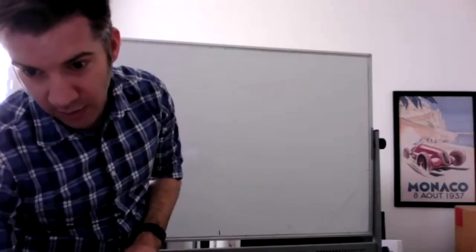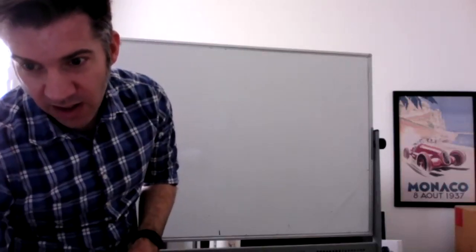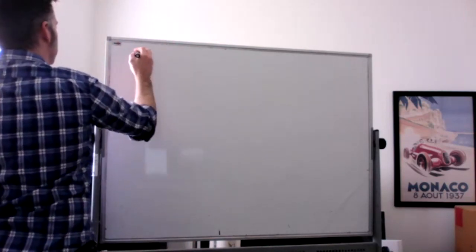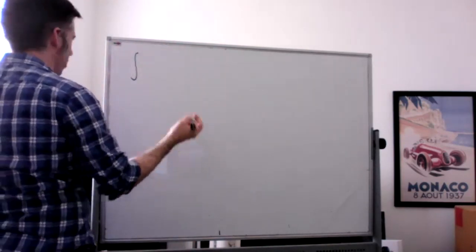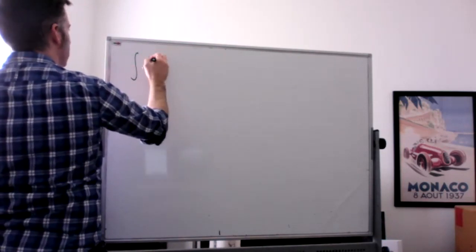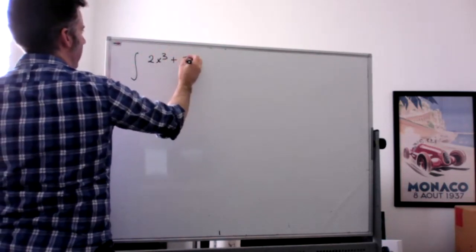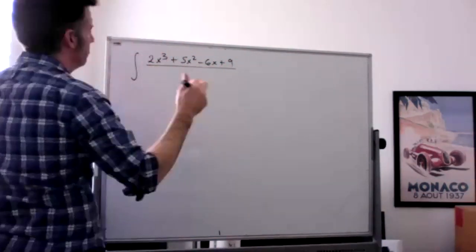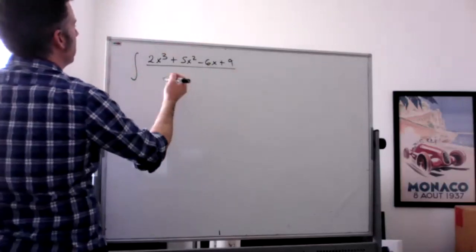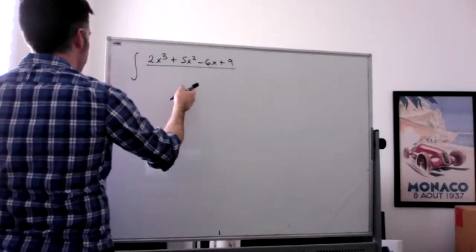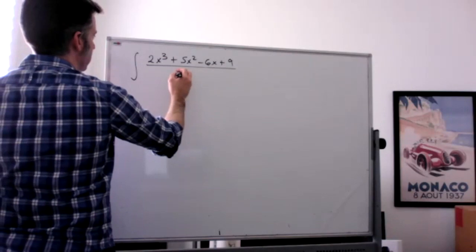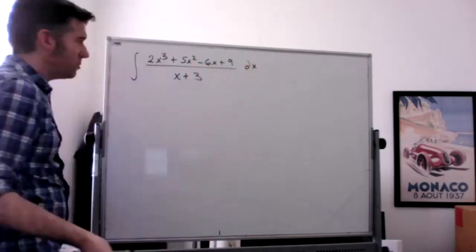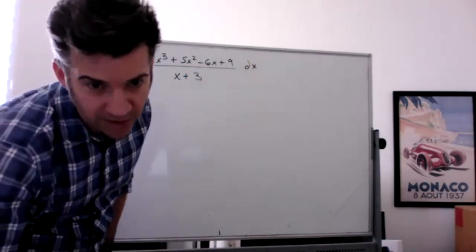All right, let's look at another example. Yeah, let's not do that one. I'm going to make one up. Let's say we want to do something like the integral of 2x cubed plus 5x squared minus 6x plus 9 divided by, I don't know, let's make it not that. Don't be silly, James. Let's make it x plus 3. So clearly here,